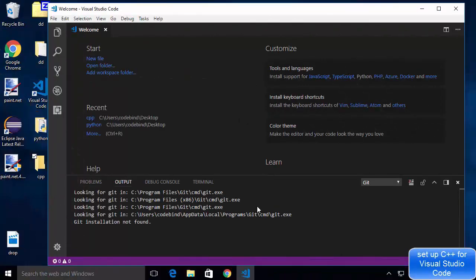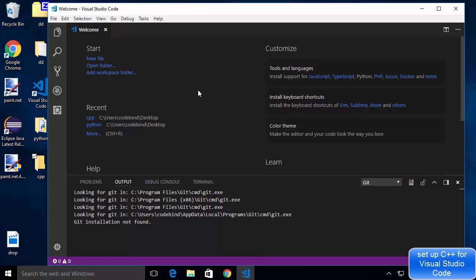How you can set up the C++ development environment on your Visual Studio Code editor on your Windows 10 operating system. Now I'm going to show you how to do it with MinGW compiler and debugger. We are not going to use any MSVC or Microsoft related compiler. Okay, so I already have installed the Visual Studio Code editor. So if you don't have it, it's really easy to install it. So just go to the Visual Studio Code website and then download and install it. It's free, of course, and it's open source.